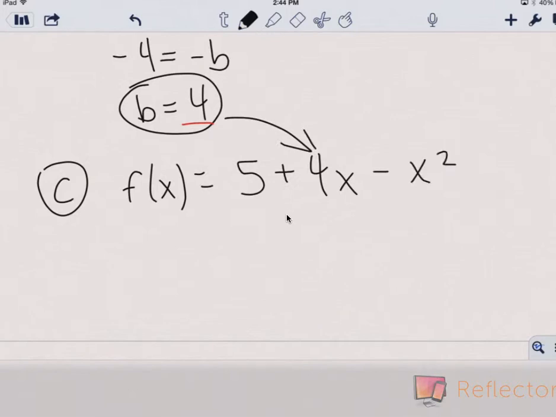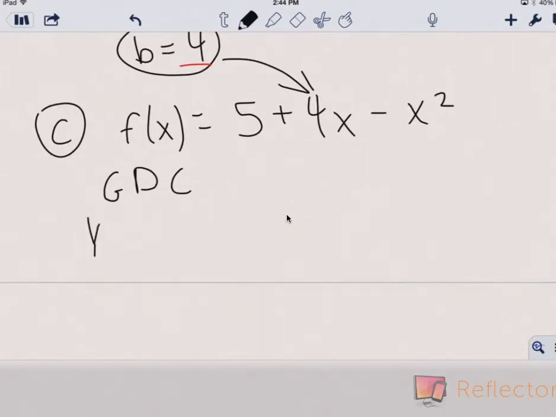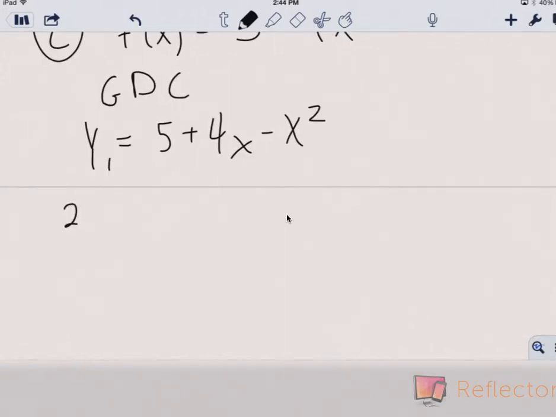Now, to do this efficiently in a test situation, you're going to want to use your graphic display calculator, and go to your y equals screen, 5 plus 4x minus x squared, and then second calc